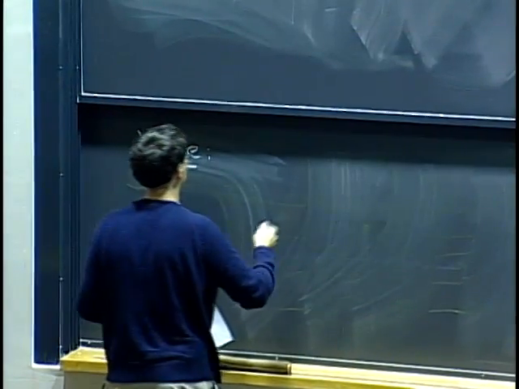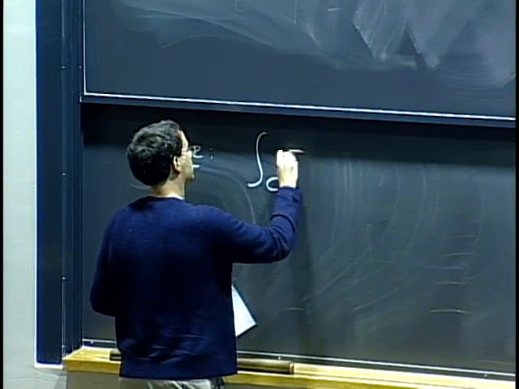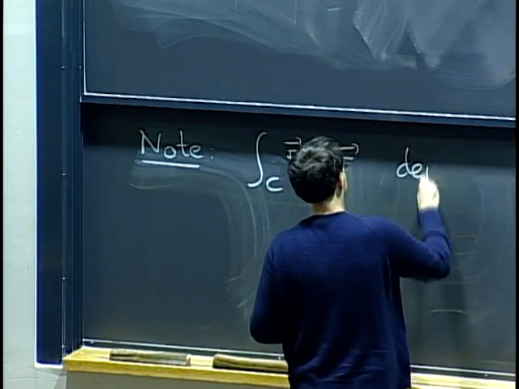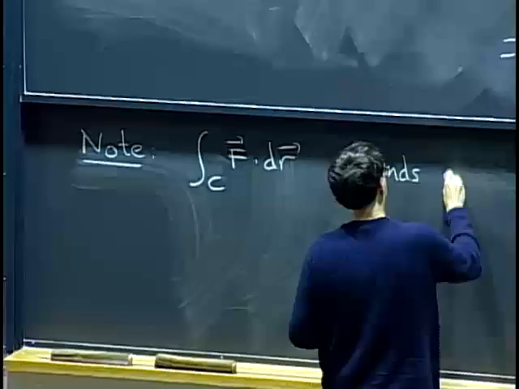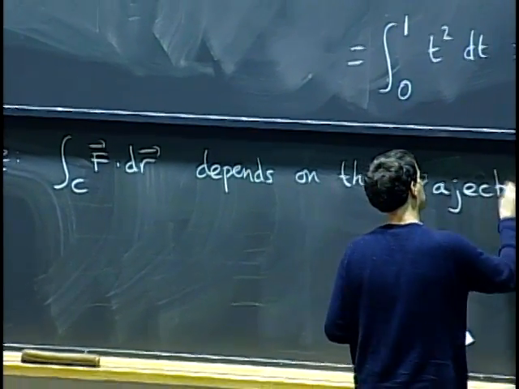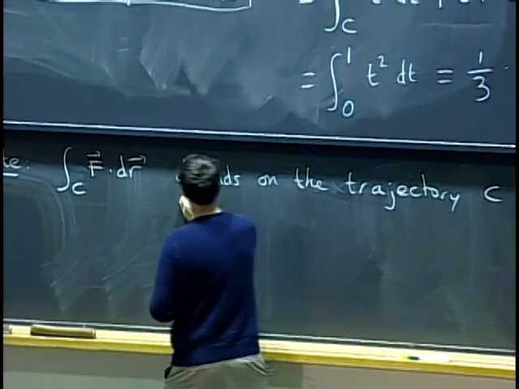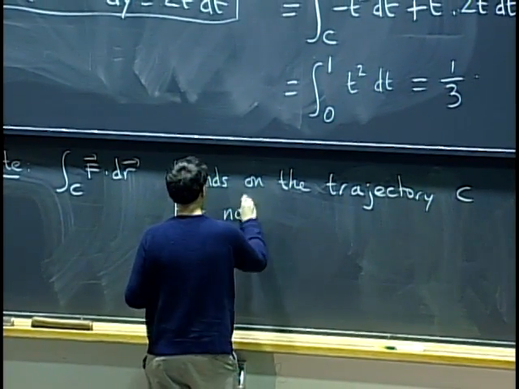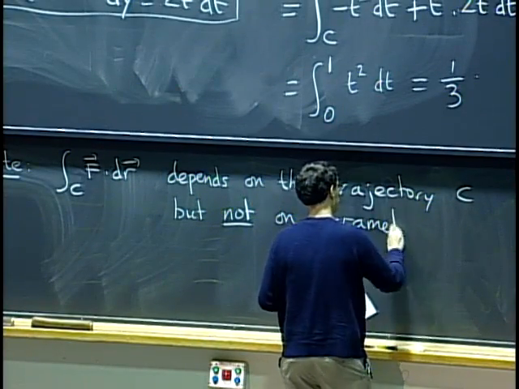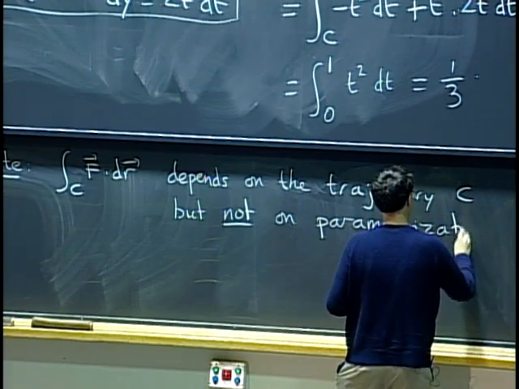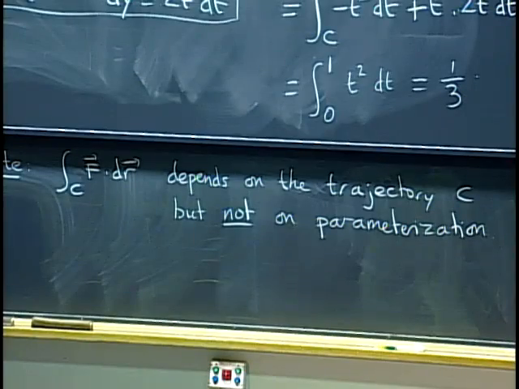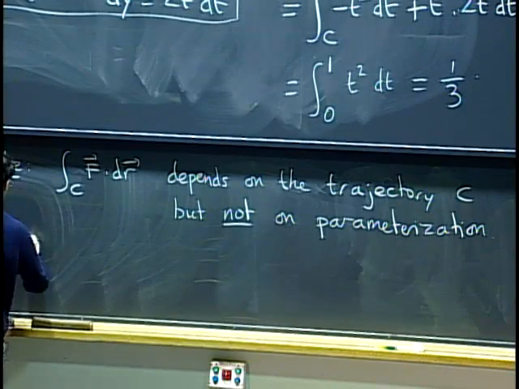The note that I want to make is that this line integral depends on the trajectory c, but not on the parameterization. Okay, so you can choose whichever variable you want. So for example, what you could do